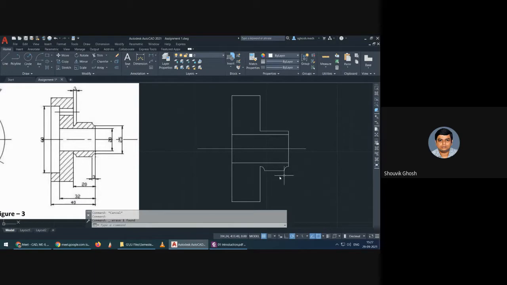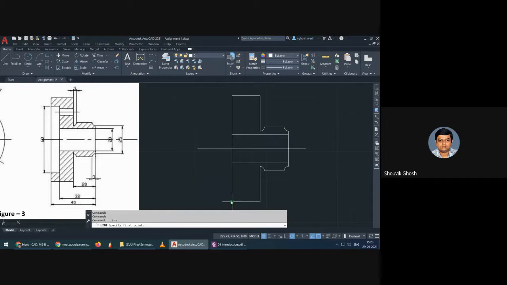It is done. So since we have created a feature over here that is to be used on the other side also, we can again use the mirror feature and drop it. Okay. So this side is more or less okay, except this 60 by 8 gap.